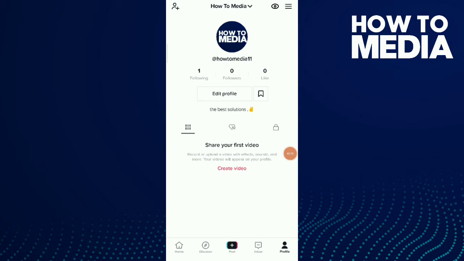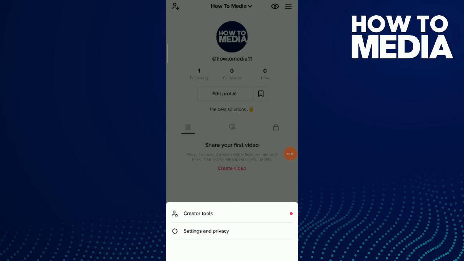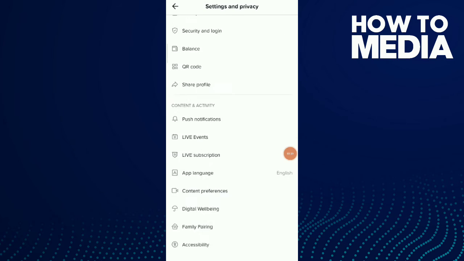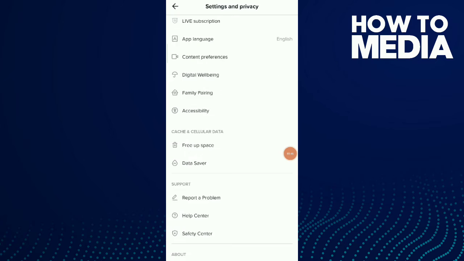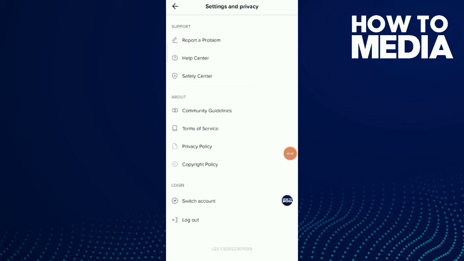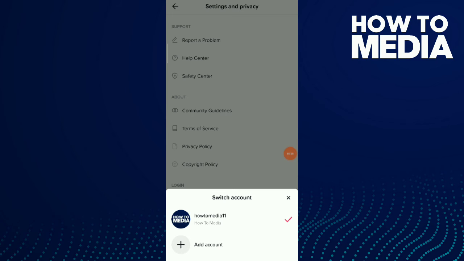go to profile, tap on those three buttons up there, tap on Settings and Privacy, and the second before the last option, which is Switch Account, tap on there, and you can tap on Add Account,